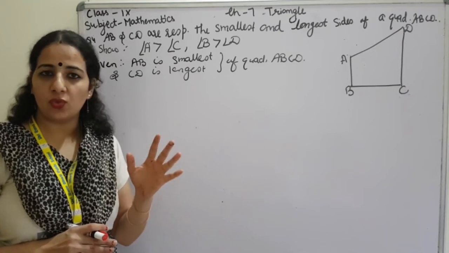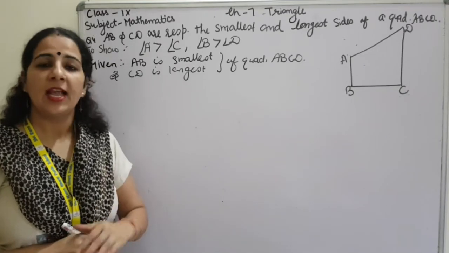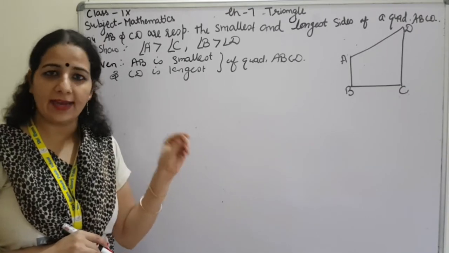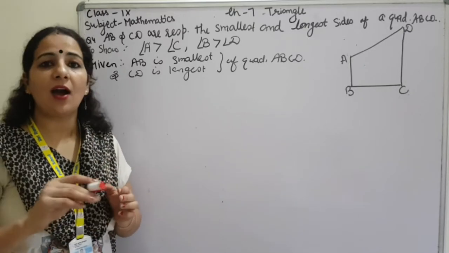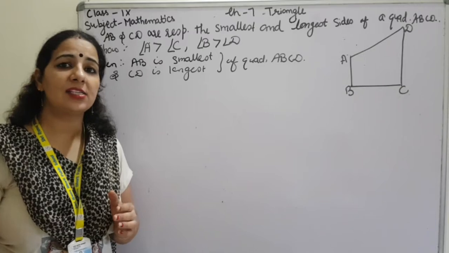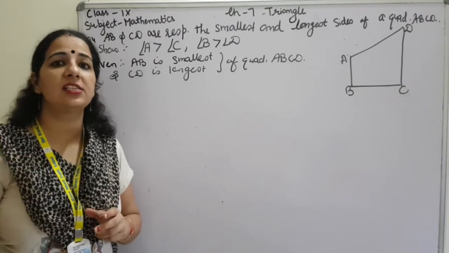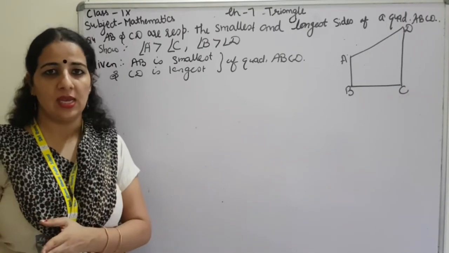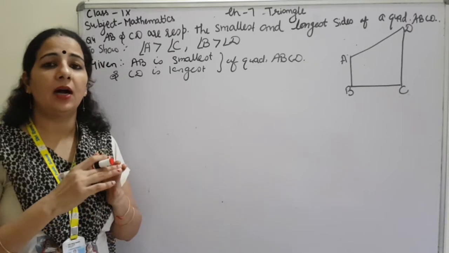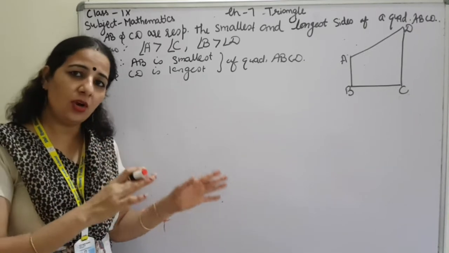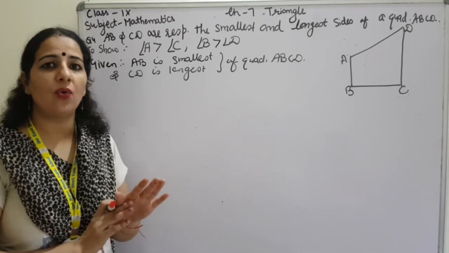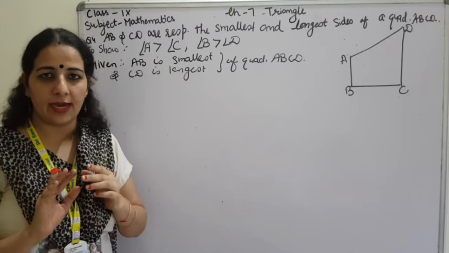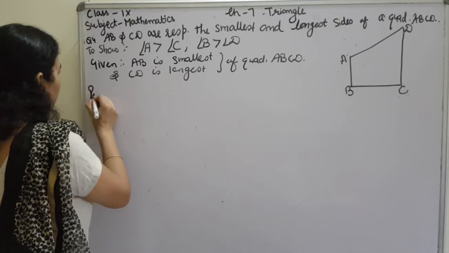Like, if any student is scoring first position in your section, and he is scoring 95% marks, he scored the highest marks in your section, but we can't compare with the other section. Maybe in another section someone has scored 97% and has the second position. So we can't compare that student with the other section's students, because the first position is only of his section. So we can compare only for these four sides. We can't compare AB and CD with the fifth side. Clear?